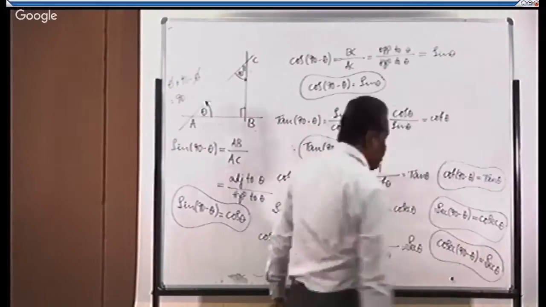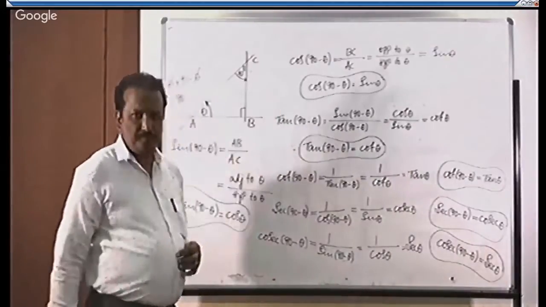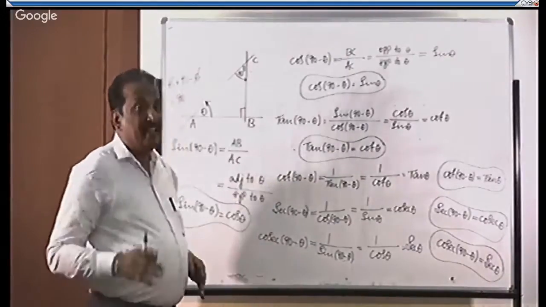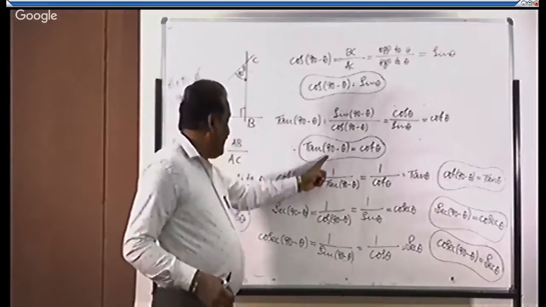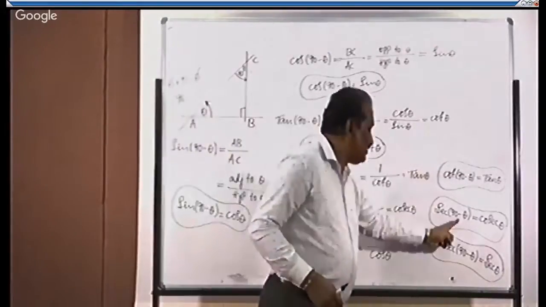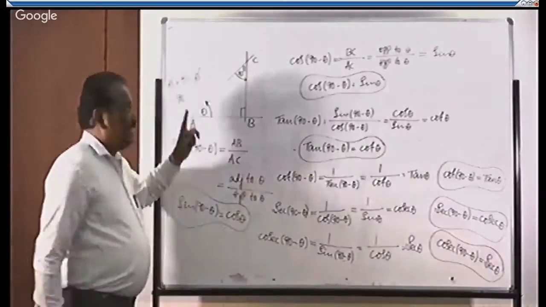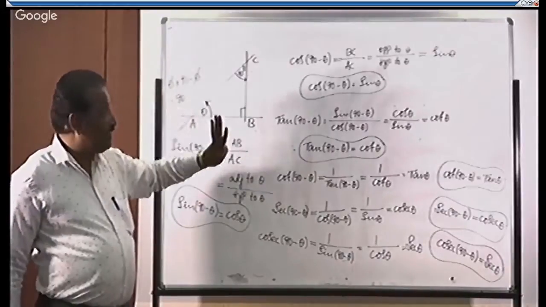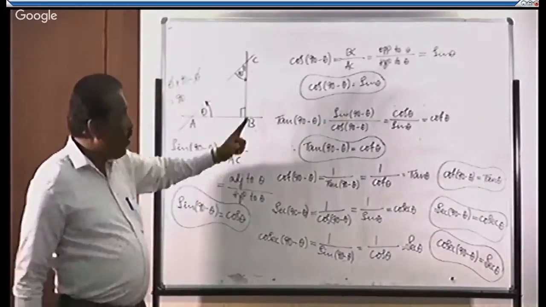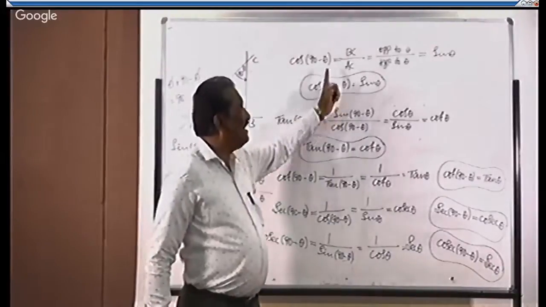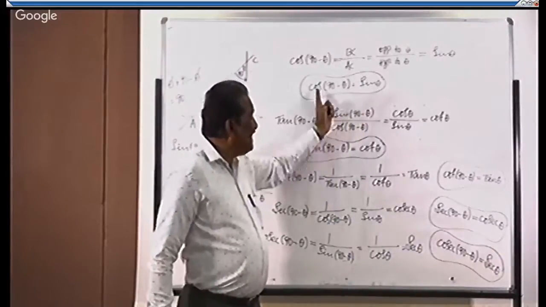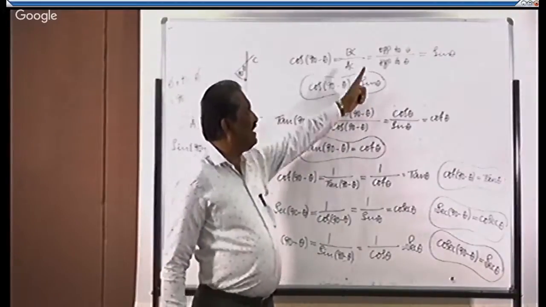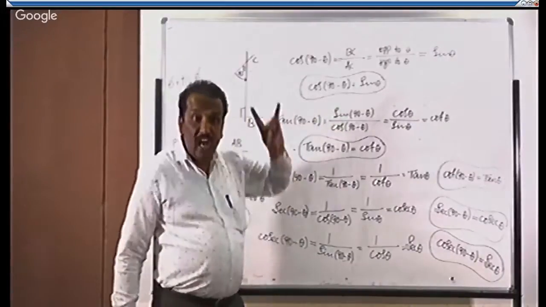So observe the things written in the box. In all the six results, the LHS is in terms of 90 minus theta only. Observe, these are all very important things. The intention is to show how this 90 minus theta is allied to theta. It should result in terms of theta on the RHS, right? In this way, 90 minus theta is connected to theta.